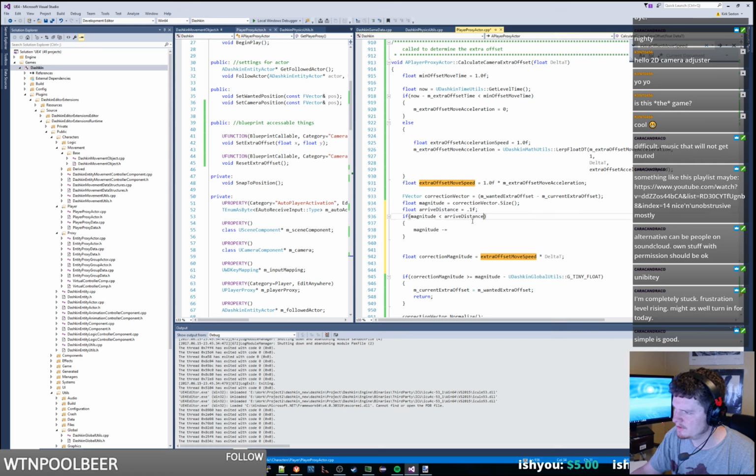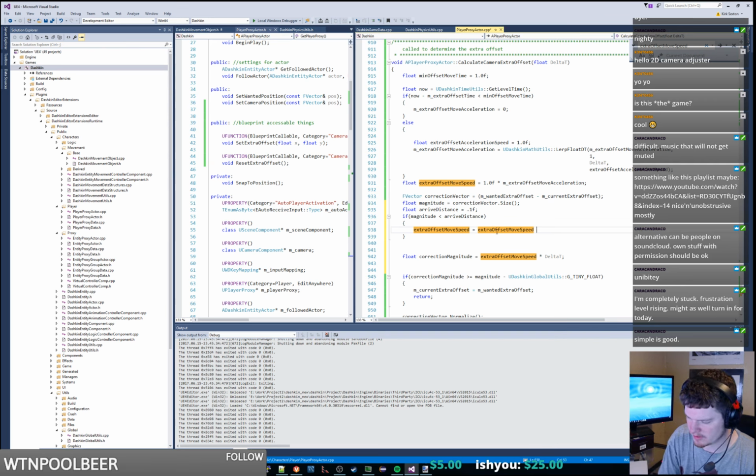So if the magnitude is less than arrived distance, we're going to actually multiply the extra offset move speed by, well, why don't we just set it like this? We're going to multiply this by 1.0f minus